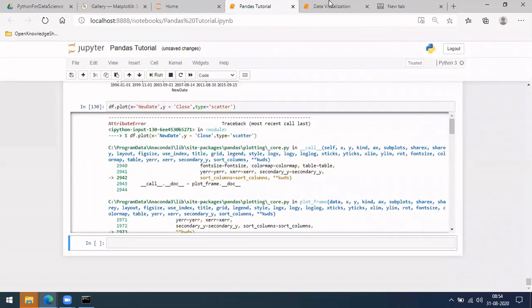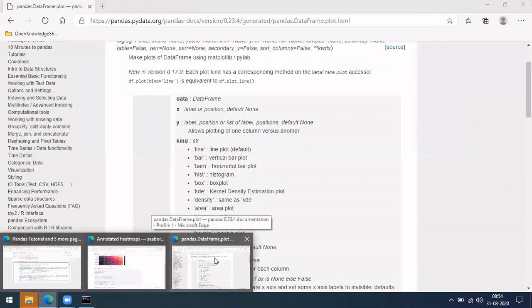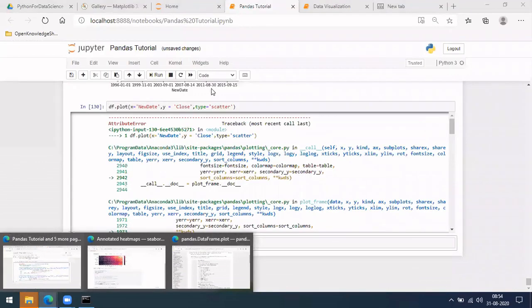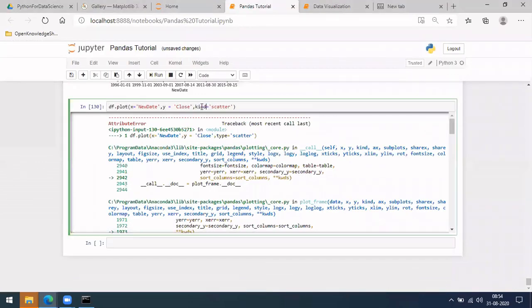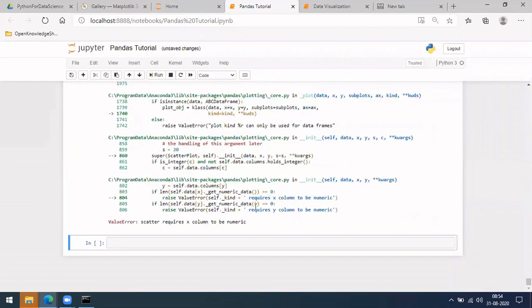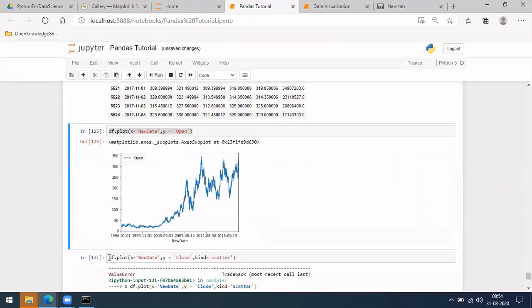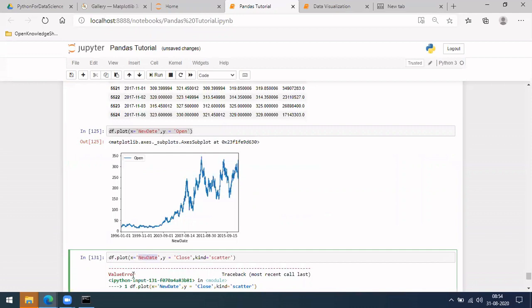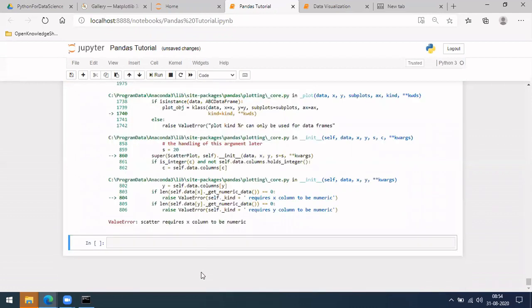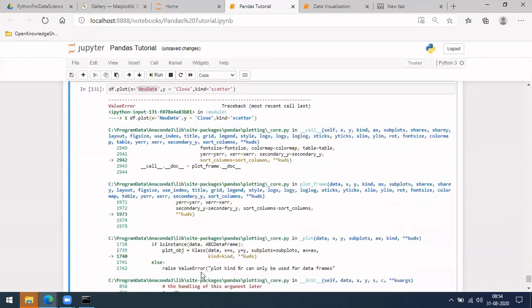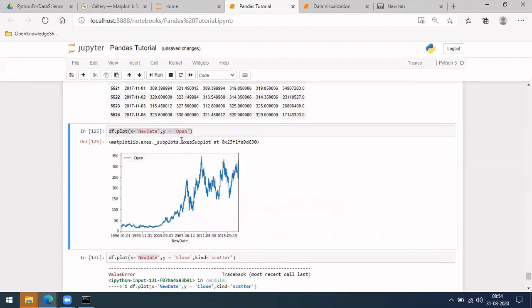Okay, let me see the syntax clearly. So it's kind. I wrote type. Kind. Yeah, yeah. That is one value. So let me do scatter plot. It was asking for a numerical value in X as well. Scatter plot has a few limitations comparatively. So let's do it across open and close.